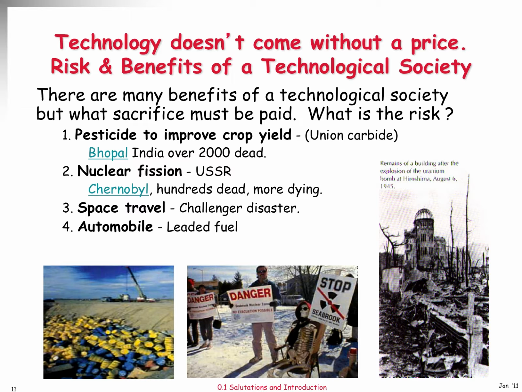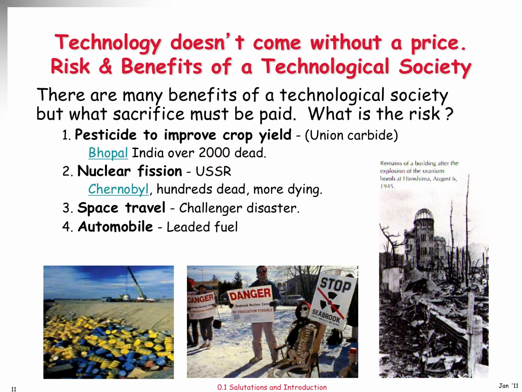And yet, there was a deadly accident in India where a chemical manufacturing plant leaked a chemical and it killed over 2,000 people. That was Union Carbide, the manufacturing company. And we all know about Chernobyl, the nuclear disaster in which there was a meltdown. Hundreds of people died, and that land is useless today. Space travel, well, we know about the Challenger disaster as well as the Apollo disaster.